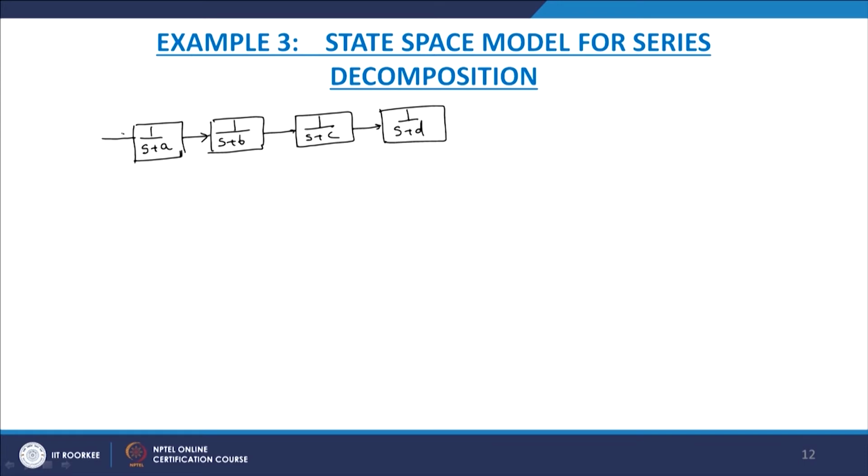Now I am showing an arrow. Here we apply u(s) and the output is y(s), and here I am considering another block, k. So here my aim is that y(s) by u(s) in this case we should get